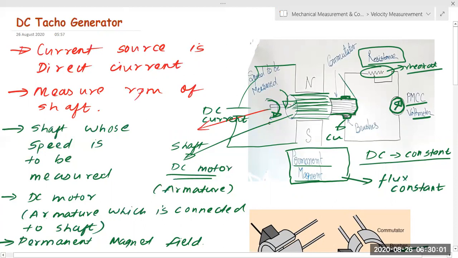So what I'm saying is, if the torque generated, the EMF and the loading torque are in the same direction, automatically the commutator and brush will facilitate this. Whatever EMF is generated here, with the help of this electromagnetic torque, will be directly given to the PMMC voltmeter for the measurement, okay?